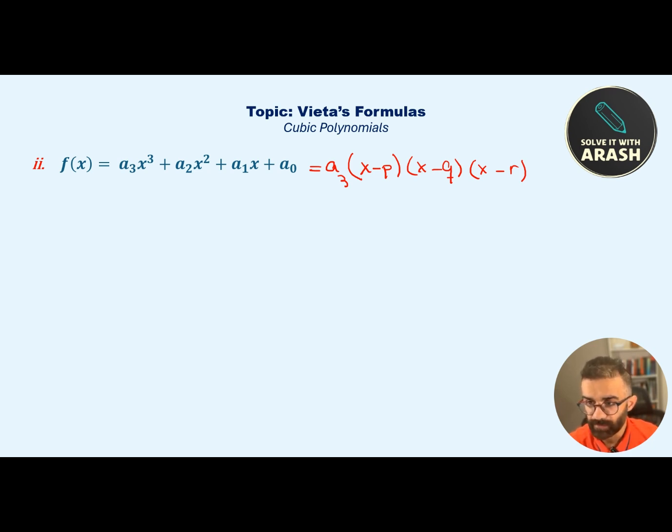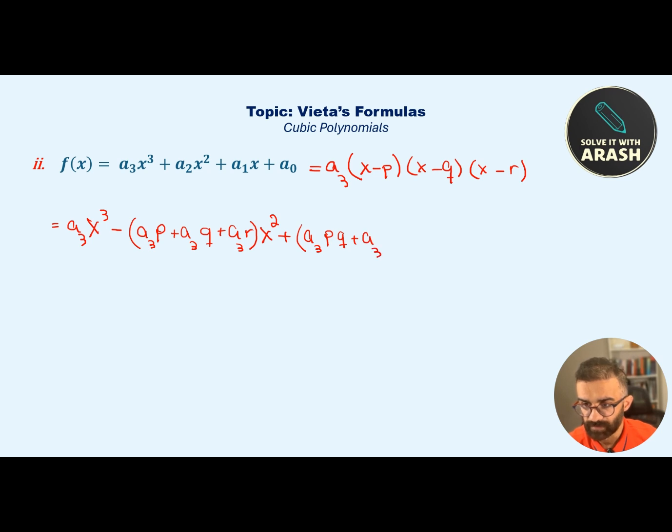Now I expand the right hand side and we will have a3x to the power 3 minus (a3 times p plus a3 times q plus a3 times r) times x squared plus (a3 times pq plus a3 times qr plus a3 times rp) multiplied by x